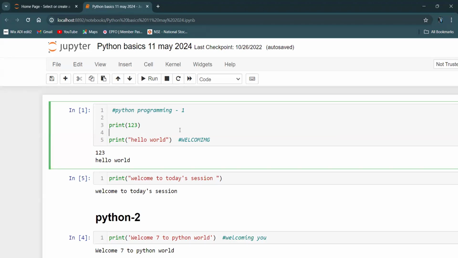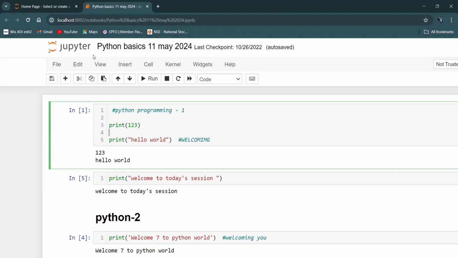So coming to Python, we all know Python programming language is easy compared to other programming languages. The first and foremost thing is Python is case sensitive. When I say Python is case sensitive, that means whatever Python code I write, if I want to use a capital letter, I should go with the capital letter, or a small letter, I should be very cautious.